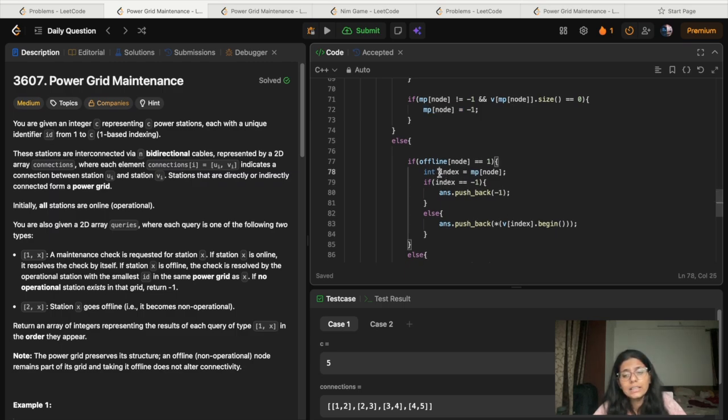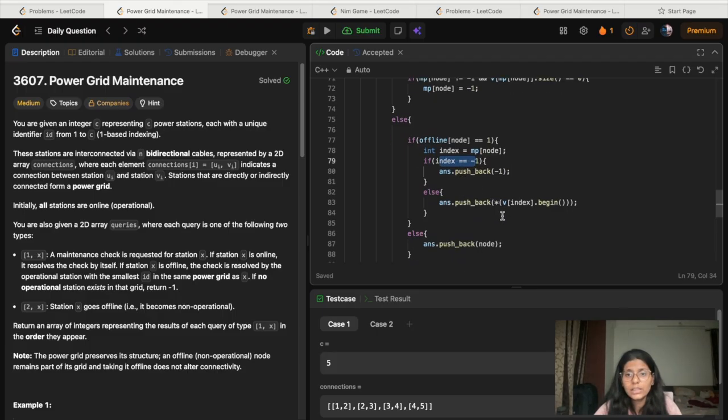So when index is equal to -1, I have to push back -1 only, and if it is not, then I have to push back the smallest node in that subgroup, and the smallest node I'll get from that set, it is basically the element at begin, the start element in that set itself, the smallest element.